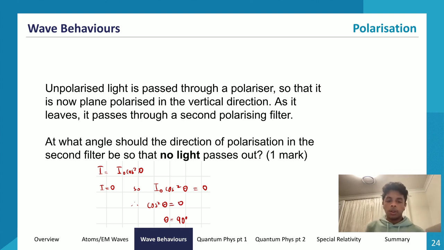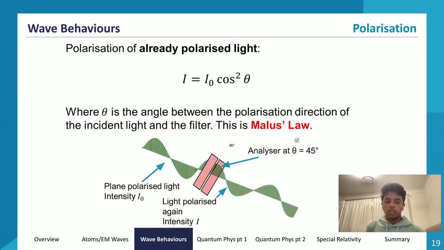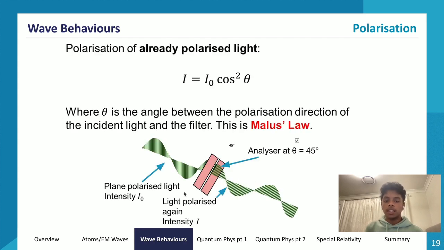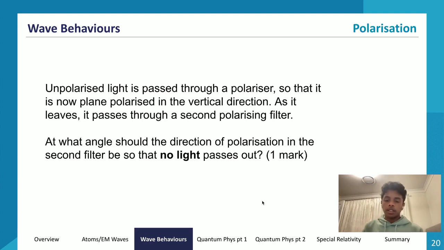And what does that tell us? Well, that tells us some general information, right? If the polarizing filter is perpendicular to the direction, like the slit in the polarizing filter is perpendicular to the direction of our plane polarized light, then no light will pass through. That's what it tells us. If it runs perpendicular, or at a 90-degree value, to the direction of polarization of our plane polarized light, then the intensity of light leaving our polarizing filter, so the intensity of our second polarized light wave, is going to be 0.